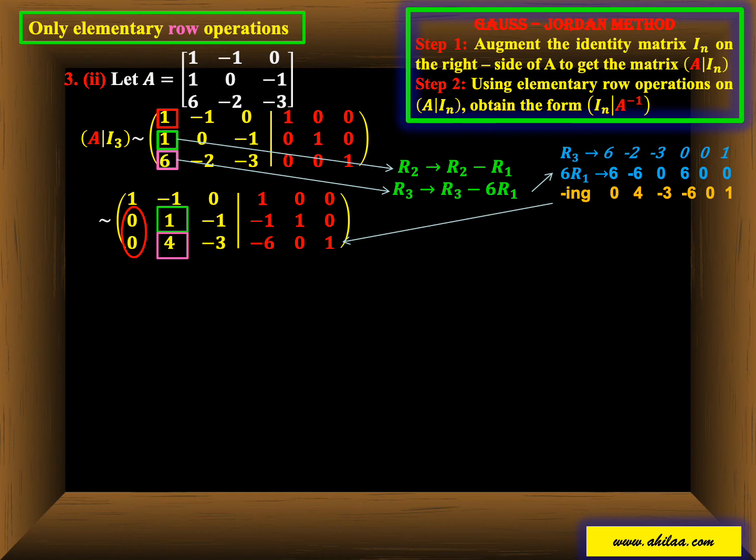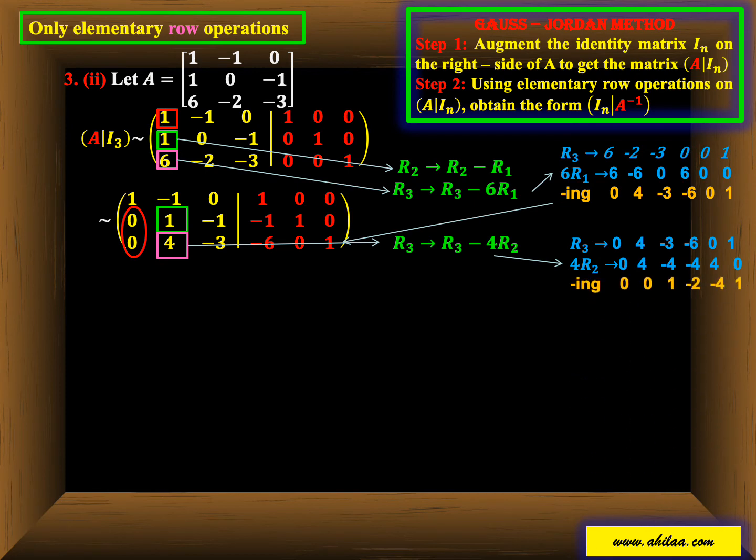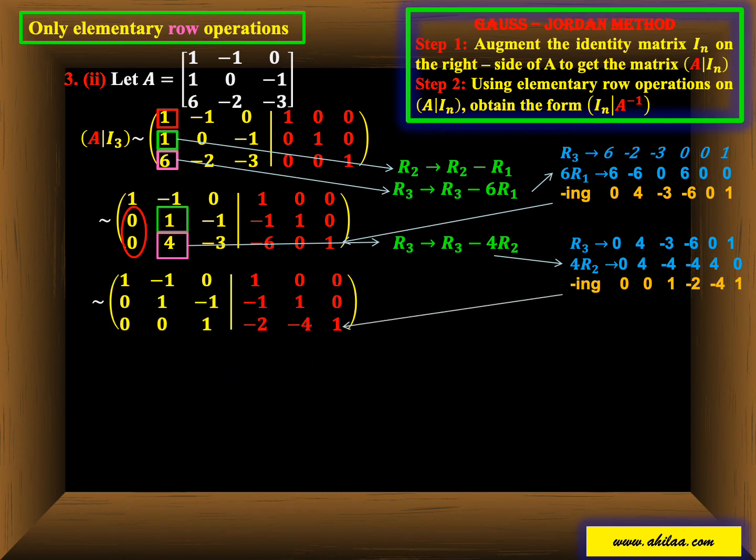Remember it very carefully. Otherwise, the previous element will change. Okay. So we use row 2 as pivot row, and the operation goes as R3 goes to R3 minus 4 R2. So collect R3 values, 4 R2 values. Subtracting, we are getting 0 0 1 minus 2 minus 4 1. Now replace R3 value alone, the first row 1 and row 2 as it is. R3 takes the value 0 0 1 minus 2 minus 4 1.